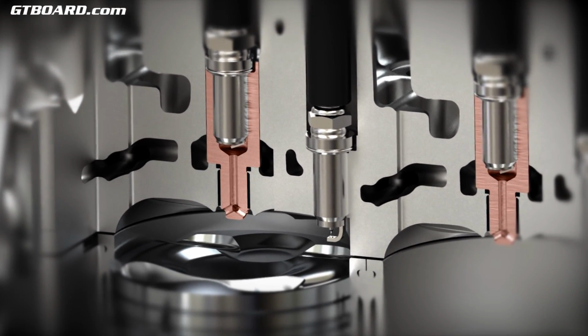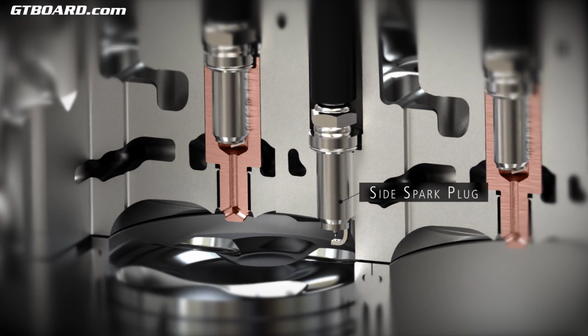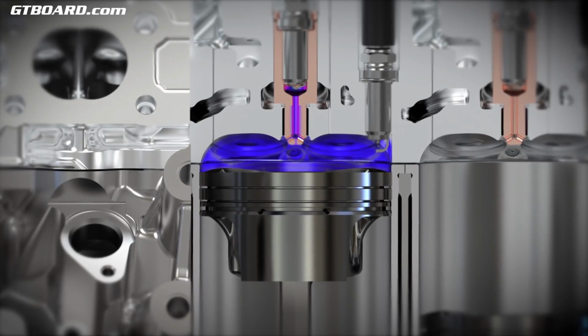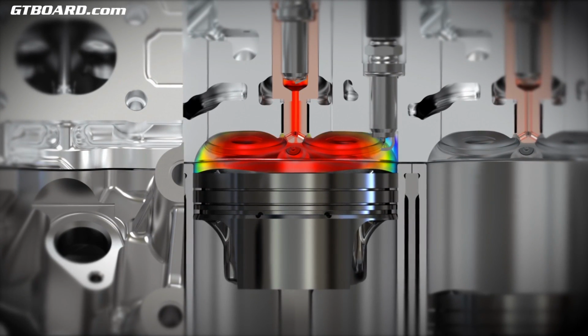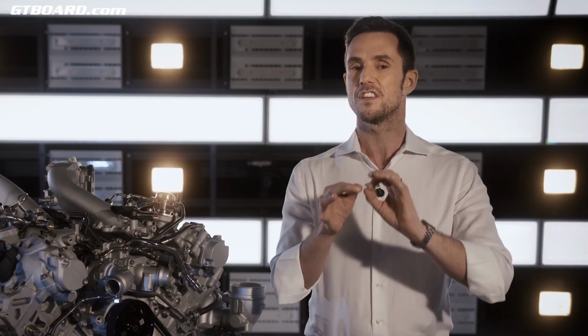The last one is the side spark plug, a standard spark plug that provides backup to ensure smooth engine combustion in operating conditions when the use of the pre-chamber is not necessary. But let's take a more detailed look at the combustion. Near the top dead center, the main spark plug ignites an air-fuel mixture injected previously by the piston compression stroke in the pre-chamber, triggering a pilot combustion, which is then propagated into the main combustion chamber via a series of